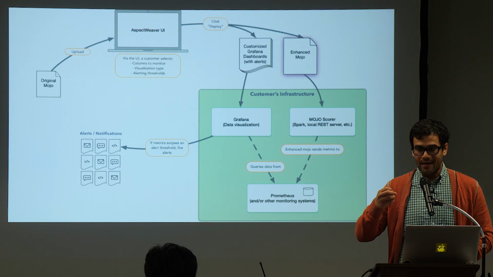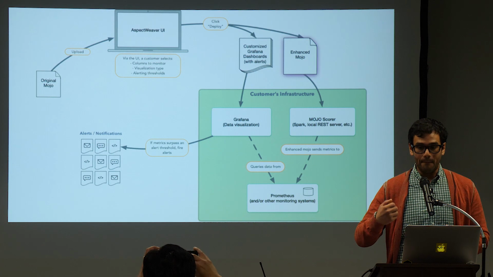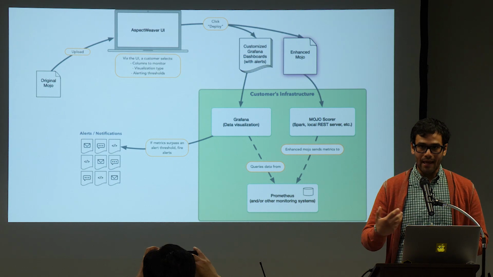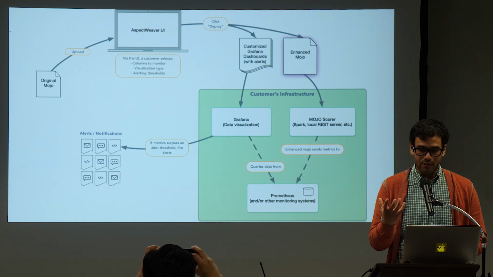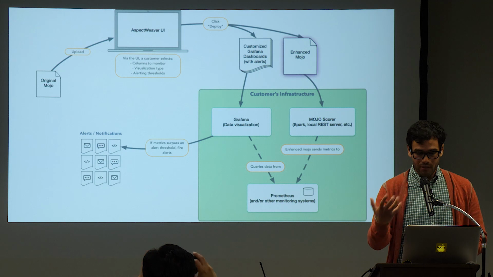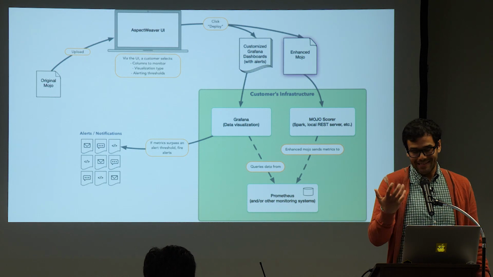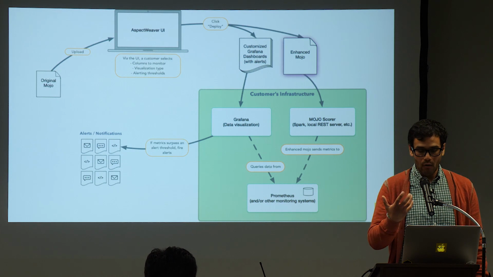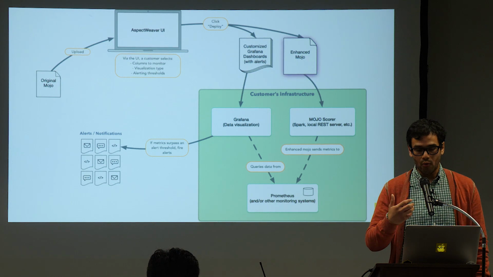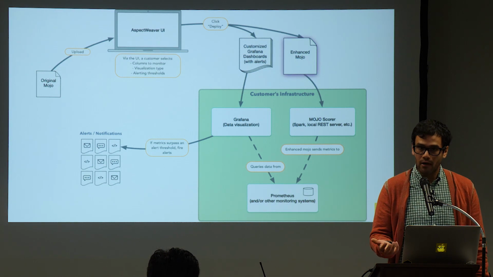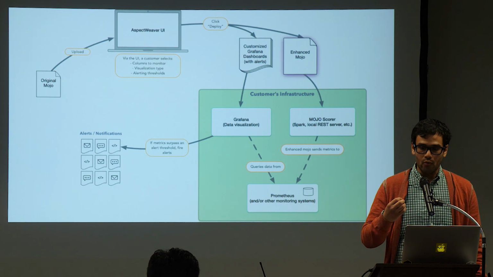You want to inject its ability to monitor and provide metrics for you. And so the result of this is this enhanced mojo, this enhanced pipeline, which when deployed to your environment, in our case Spark,